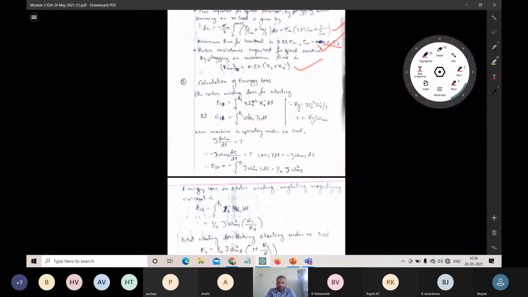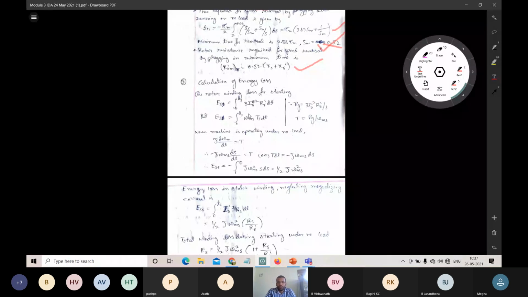At the time of starting and plugging, we may lose energy in terms of heat losses or vibration losses. Vibrations take place when we are exceeding the limits, and the motor may start vibrating. Because of this vibration, we may lose mechanical strength. So these are the kinds of losses, winding losses and heat losses, that we are calculating.